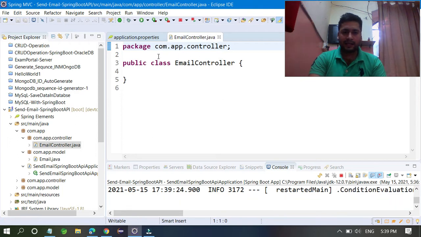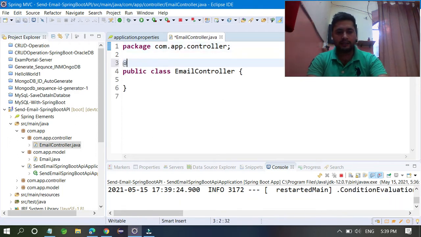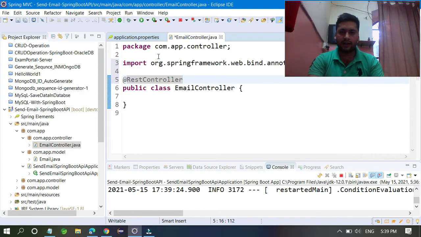If you want to make this class a controller, you have to write @RestController. Is it fine? Yes, it is fine.